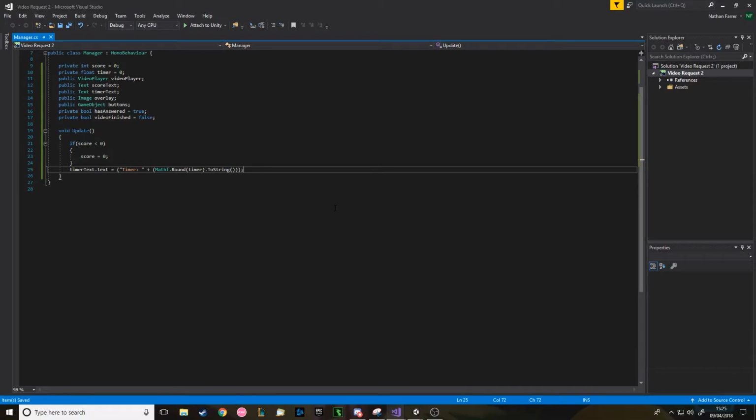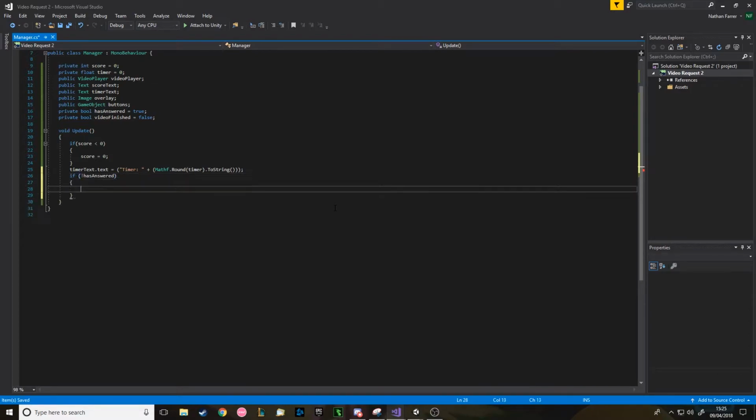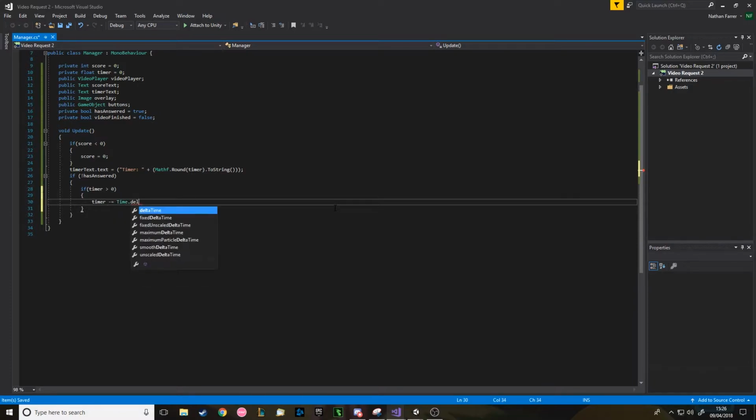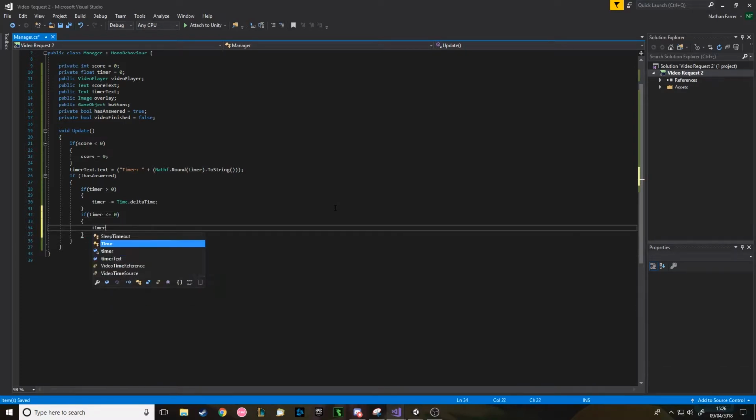Okay, and then we will have the timer for if not has answered, so basically if your question is being asked right now, it then says, is the timer greater than 0? So is there still time on the timer? If so, subtract time.delta time, which basically just counts down in seconds. And if the timer is less than or equal to 0,